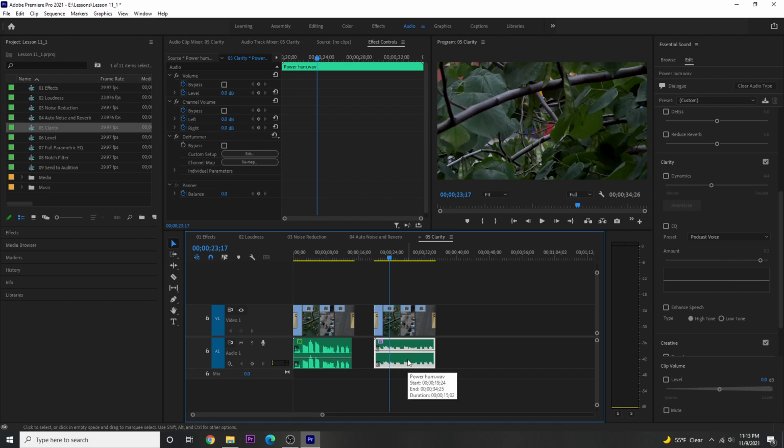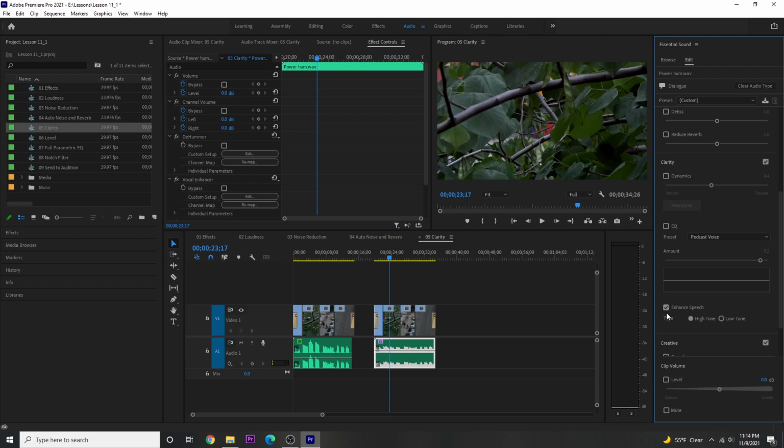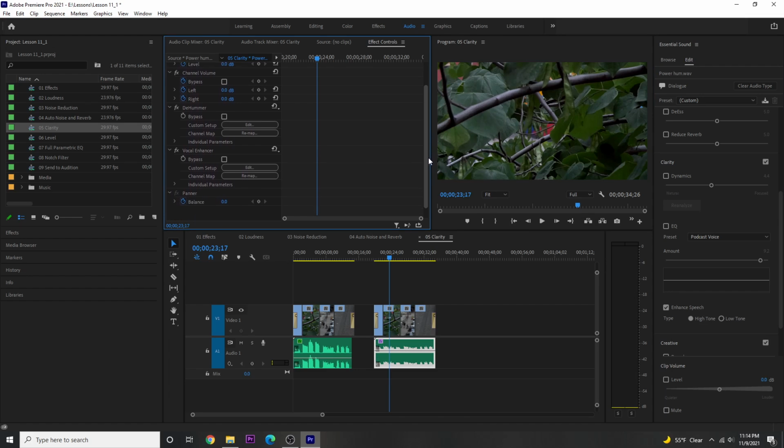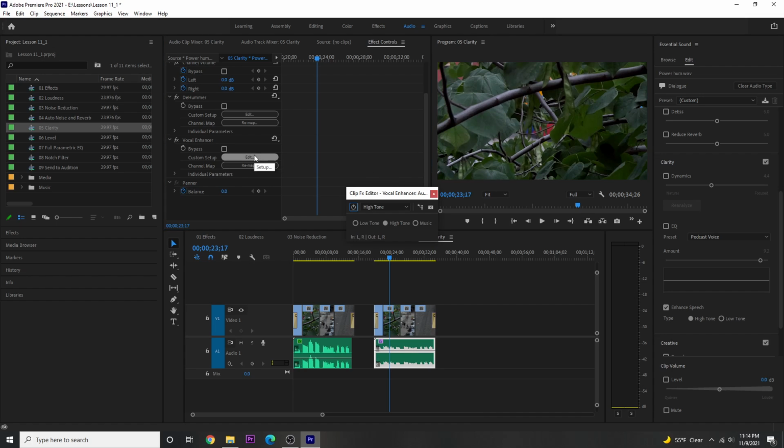and highlight it. It's also chosen as dialogue in here, and we're going to enhance the speech option and make sure that the female voice is chosen. So come down here in the clarity section, choose enhance speech, and then I believe we're going to have to come here. That gives us our high tone, low tone, music. So we are trying to make sure we have the female voice selected. So let's look over here and see if